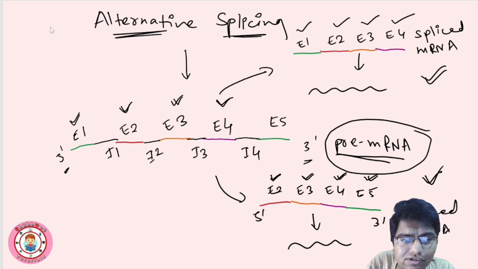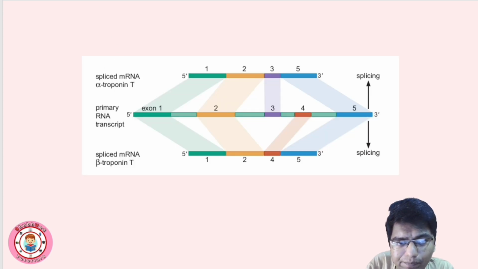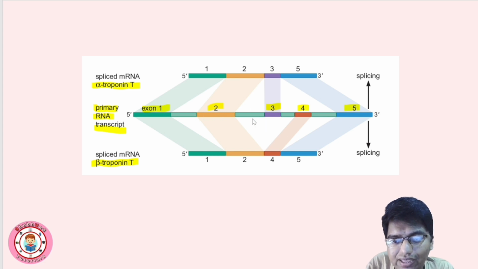Okay, so this process is known as alternative splicing. Okay, अभी हम पिक्चर से देखेंगे और थोड़ा एंड विद द एग्जांपल्स एक्चुअली। तो इसमें एग्जांपल्स भी बहुत इंपॉर्टेंट है। दिस इज द एग्जांपल नाउ, अल्फा ट्रोपोनिन एंड बीटा ट्रोपोनिन टी, वेरी इंपॉर्टेंट। अभी यहाँ पे क्या है, प्राइमरी आरएनए ट्रांसक्रिप्ट। इसमें एक्सॉन 1 है, एक्सॉन 2 है, ओके, 3, 4, 5 एज आई शोड। ओके, 5 एक्सॉन्स है यहाँ पे, बीच में इंट्रॉन्स है। अल्फा ट्रोपोनिन में क्या है, 1 है, 2 है, 3 है एंड 5 है।